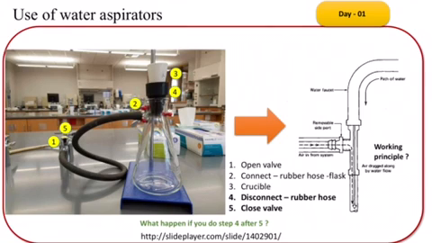Here you can see the setup you need for cleaning the crucibles. You need to clean 3 crucibles. You can do all 3 at the same time if you have access to enough vacuum systems. To do so, first open the valve and connect the tube and the rubber hose with the crucible on top